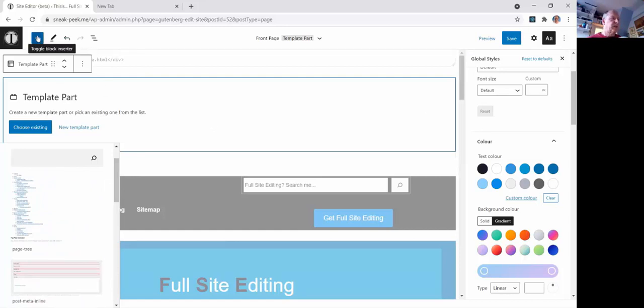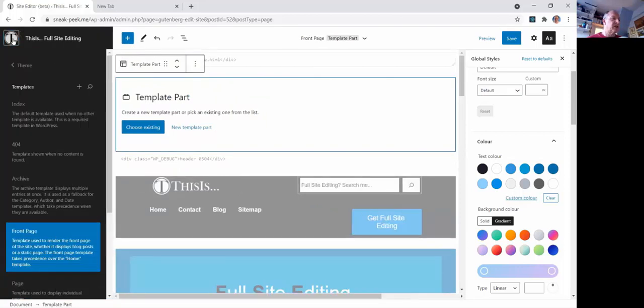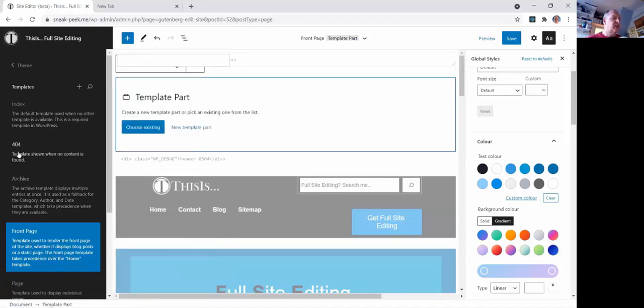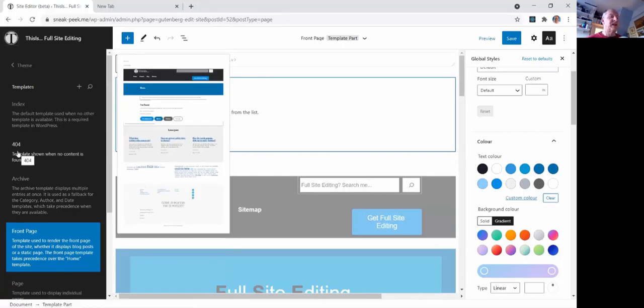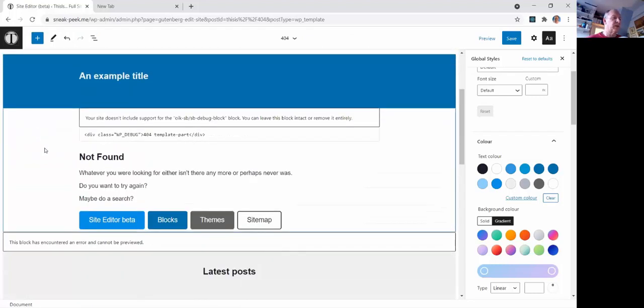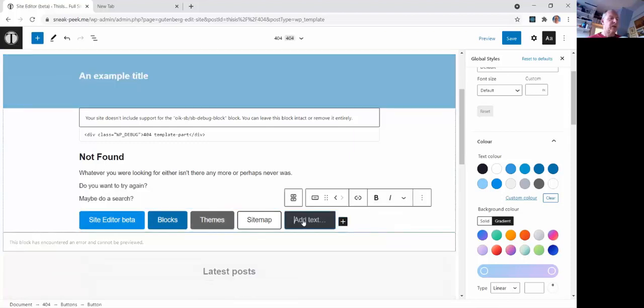Right, I'll get rid of the block inserter, and then we go and look at this thing over the left hand side, which is the template navigation. Now this is going to go wrong in a bit, but never mind. So here we can see we're editing the front page. I could choose to edit the 404 template, which is what you get when your website has not been able to find something. So here I've simply got a message not found, and there are a couple of links to it. If I wanted to add another link, I just click on plus, start typing in another button,